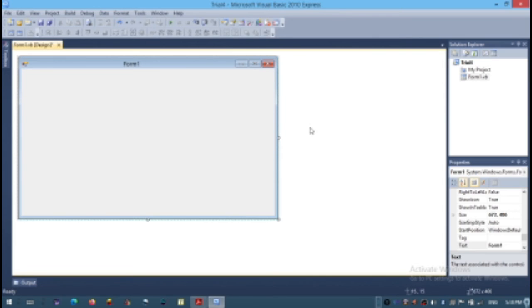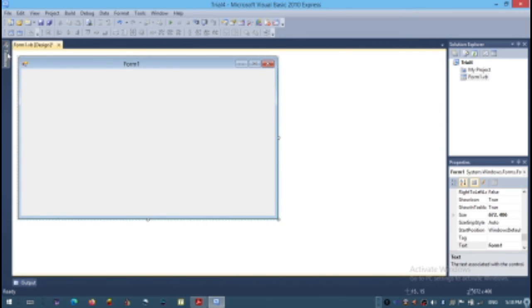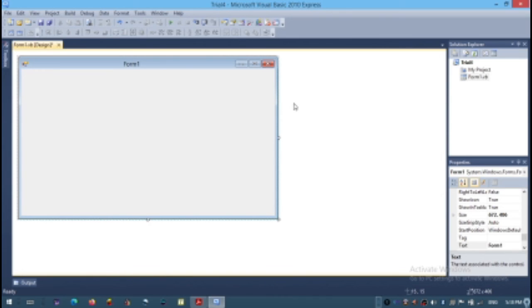For example, auto hide is hiding the output window, but when we move the cursor to the output window side, the output window opens up. Auto hide is also hiding the toolbox. When we move the cursor to the toolbox icon, the toolbox window opens up. This is how we can have a better layout for the Visual Basic IDE.